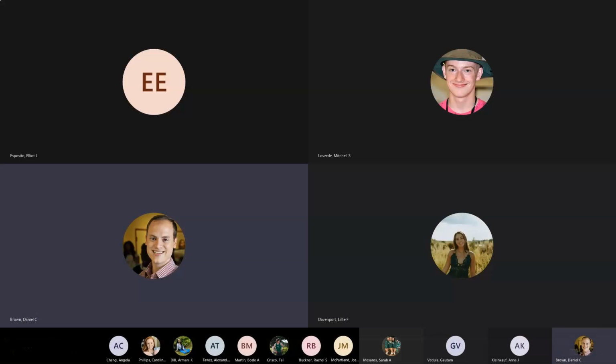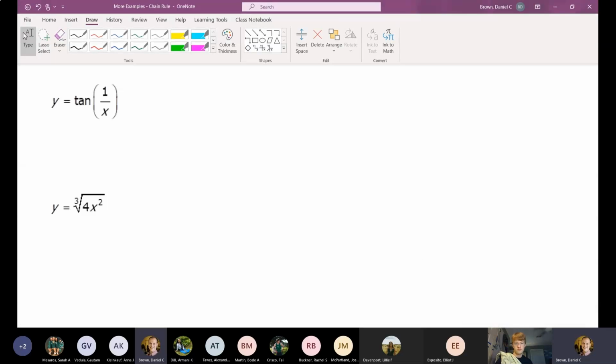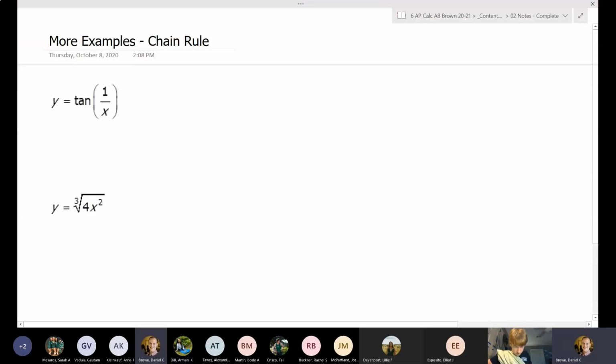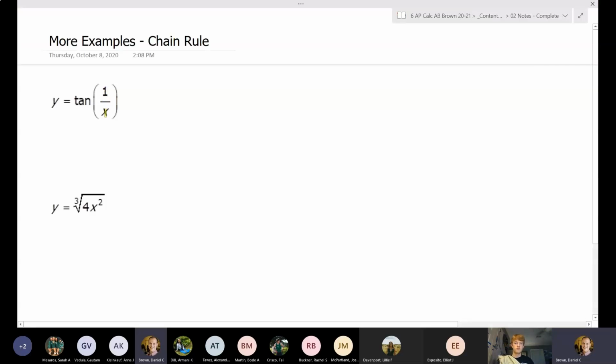Before class started, just so we can review the process of using the chain rule. Remember, we use the chain rule when we have an inside and outside function. If I'm looking at this problem, we have y is equal to the tangent of 1 over x. So we do clearly have an inside function and an outside function, where 1 over x is